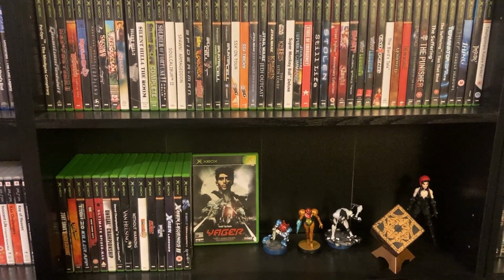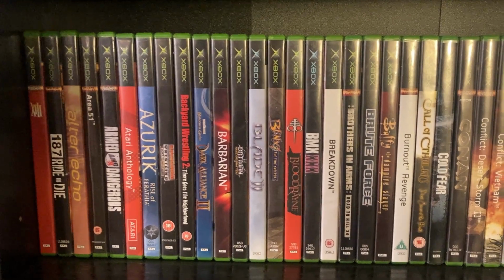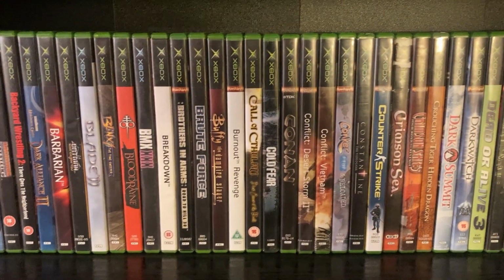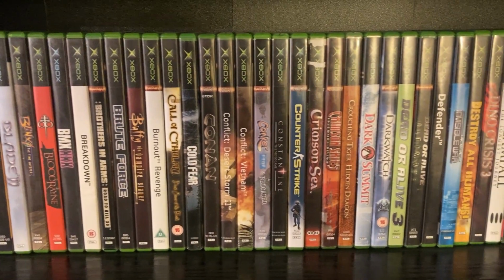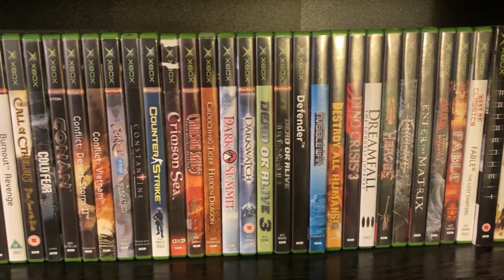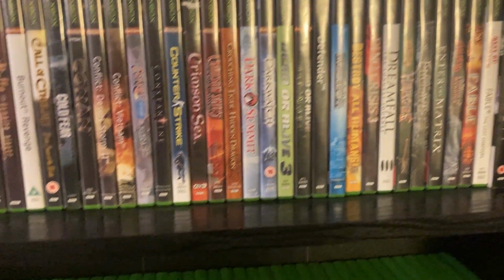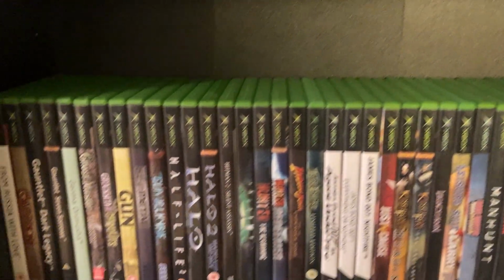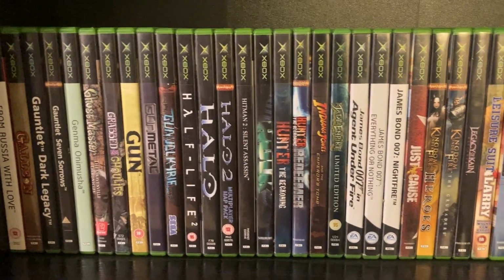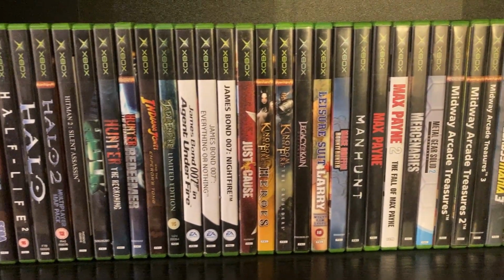Original Xbox games here. I have a good amount of these. I love the original Xbox. It's a system I've grown more appreciation for the more time has gone on. Initially, I was a bit reluctant because of Xbox's association with Microsoft and it being a PC-like system. I don't normally game on PC as much as I do console because of the plug and play experience of consoles. Maybe not nowadays with the newer systems, which take a long time to install,